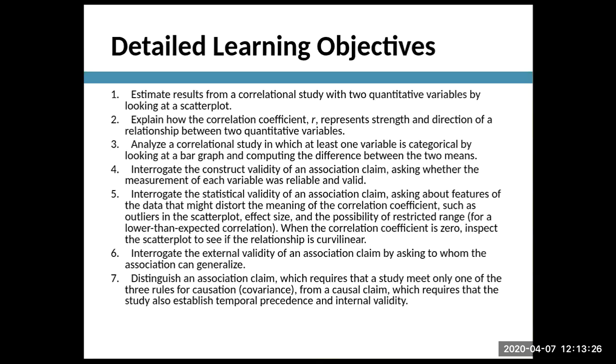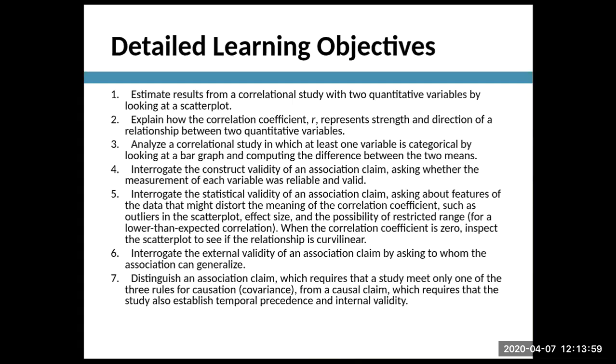We are going to estimate results from a correlational study and talk about how when we had a frequency claim, it was measured by one measured variable. In an association claim, or what we know of as a correlation, what qualifies it as an association claim or a correlation is that we have two quantitative, two measured variables. That's how we talked about that. That's a little review from chapter 3.